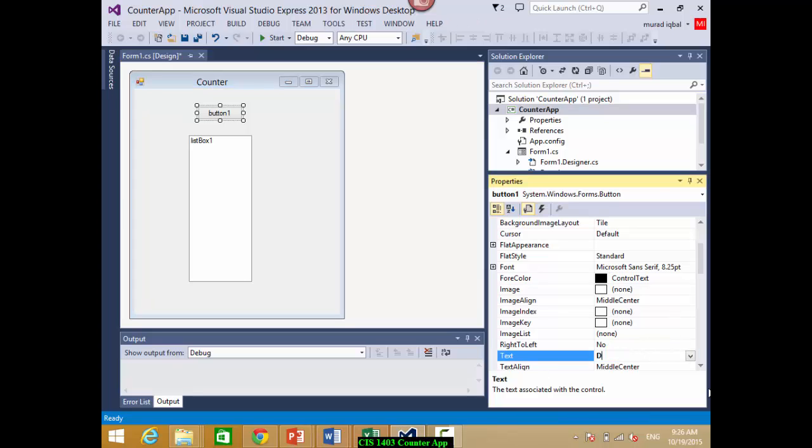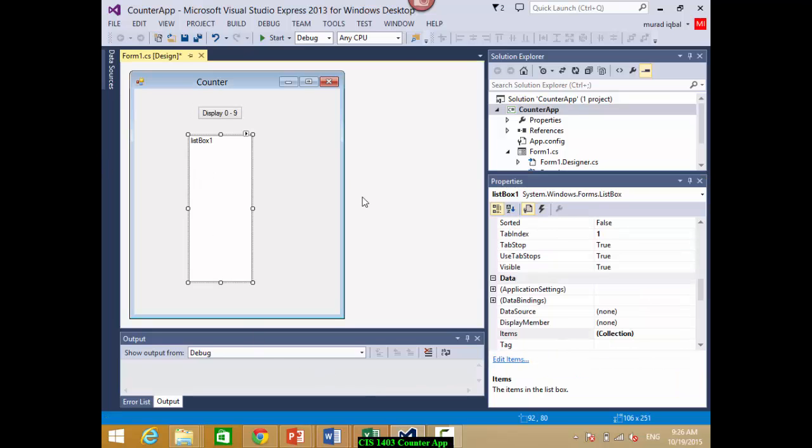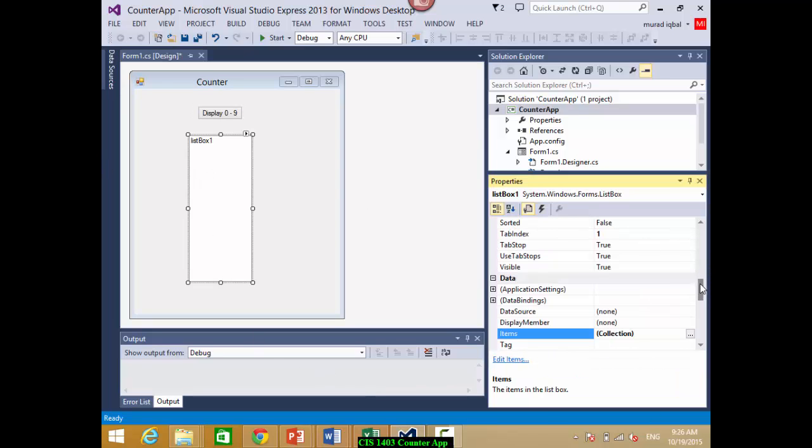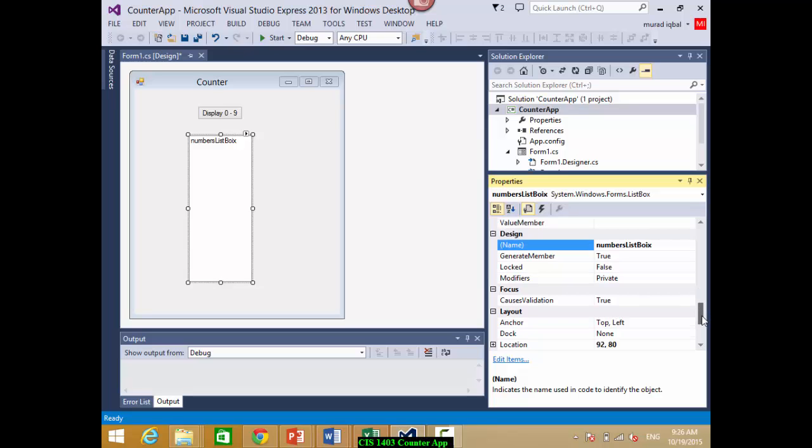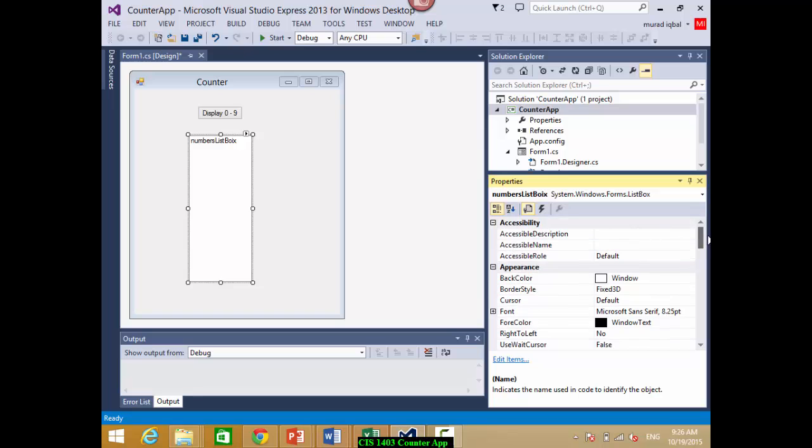I'll call it display 1 or 0 to 9. That's what its text is. And then a list box. Let's give it a name so I can remember. Numbers list box. Okay, so that's my list box name, and its text will be populated incrementally in